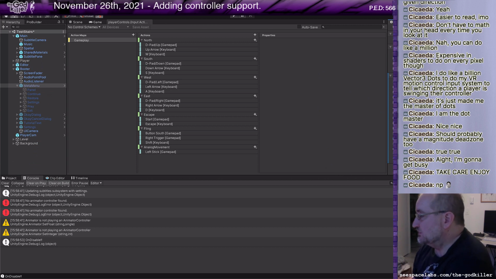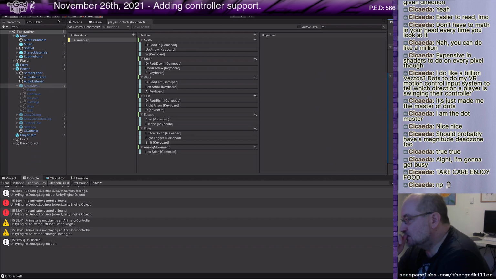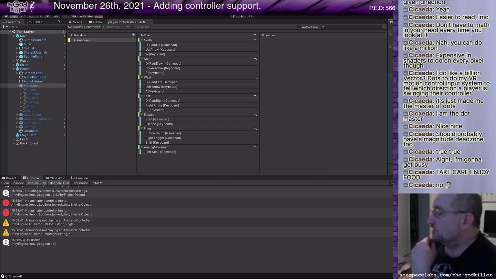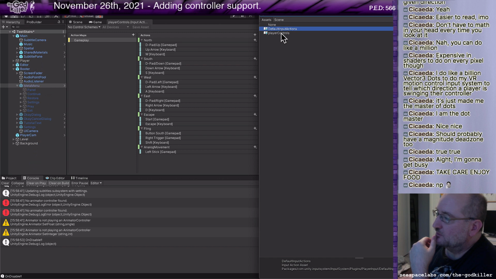Oh, well, it does say default input actions. Okay. So I could change the actions asset to be this one, player controls.